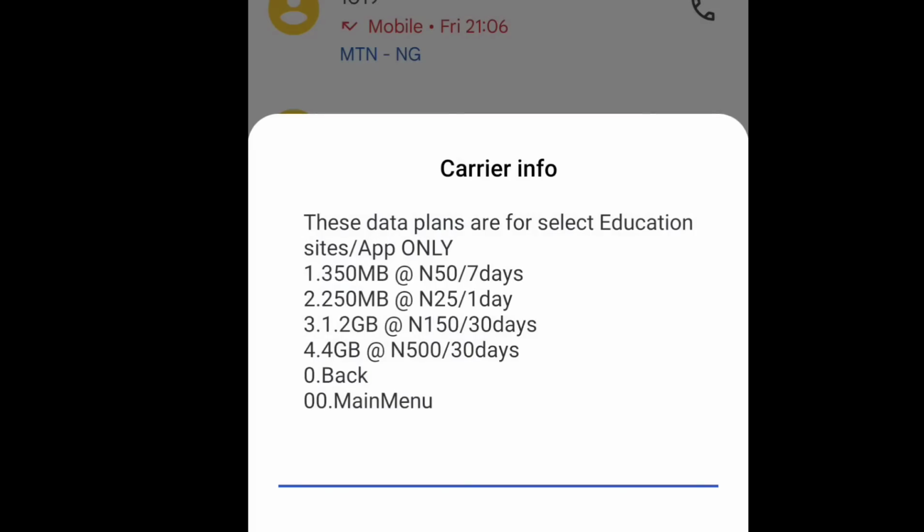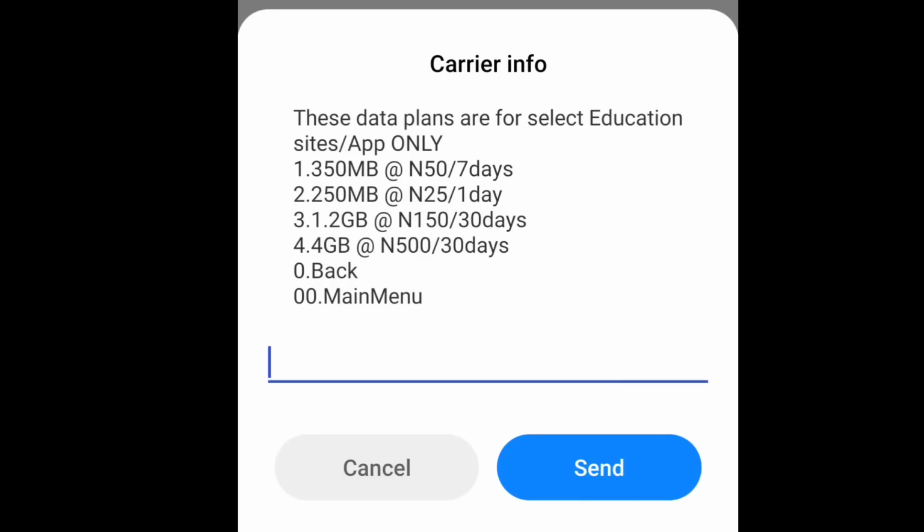This data plan is for select educational sites and apps only. So if you normally visit educational sites and apps only, you can use this code to purchase data at a very cheaper rate that you can use for your learning on those educational sites and apps. So the first one here is you get 350 MB for 50 Naira and it will last for